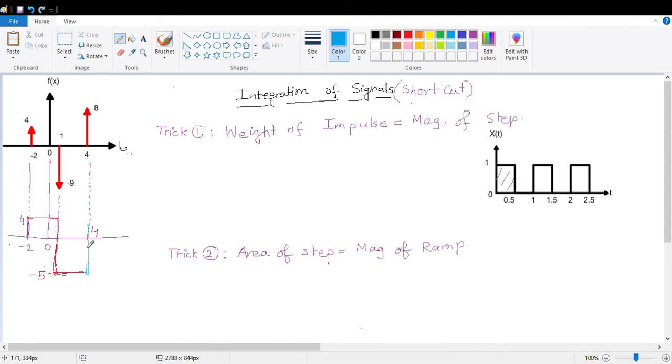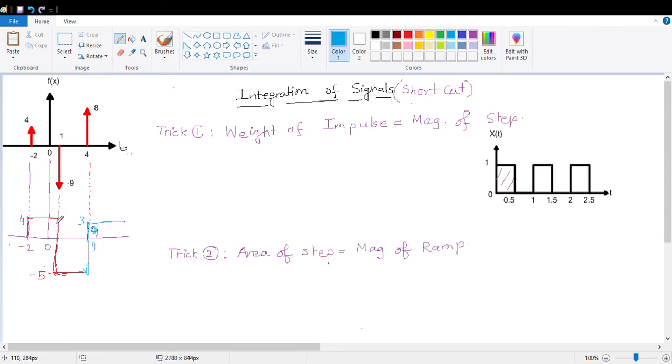So this was 5. It is going from -5 to 0. That means it is going in the positive direction. So it is plus. It is basically 5 unit, and 3 unit we will get in the upward direction, and here the value will be 3. It is the time 4.